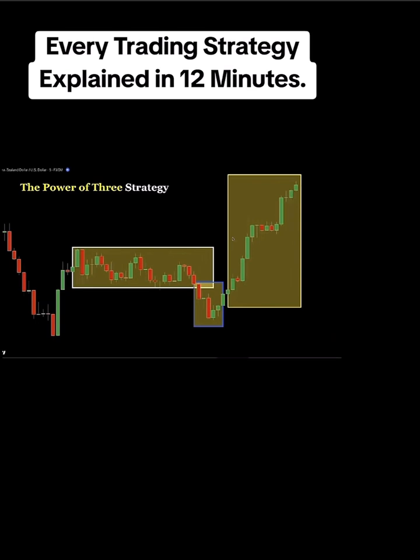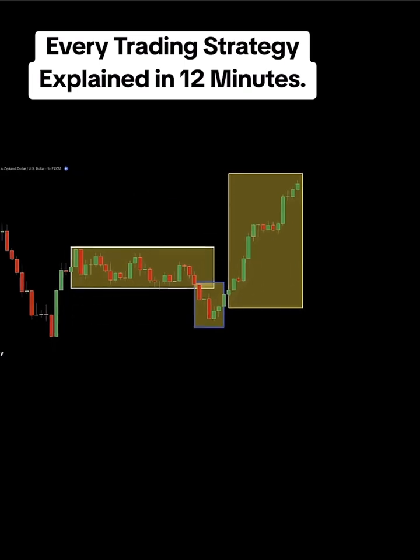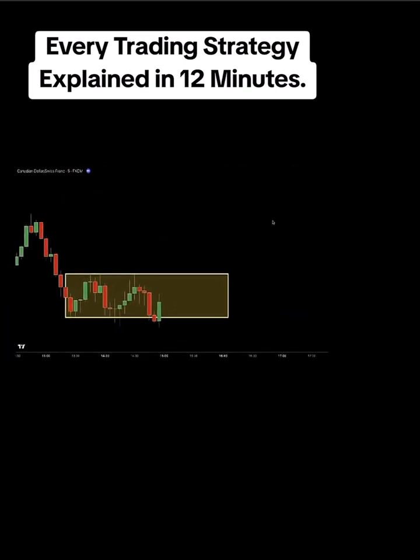The power of 3 strategy. The power of 3 breaks market behavior into 3 phases: accumulation, manipulation, and acceleration. In a downtrend, the process begins with accumulation, where the price consolidates in a tight range as smart money builds long positions discreetly. This is followed by manipulation, where a false breakout below the range traps retail traders in short